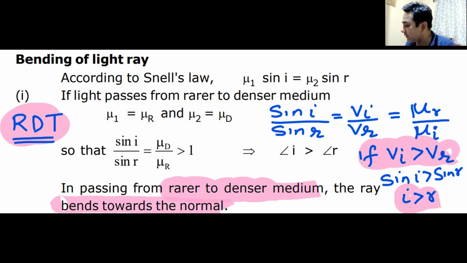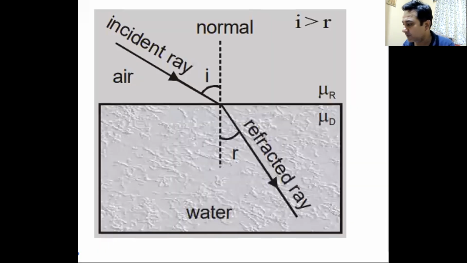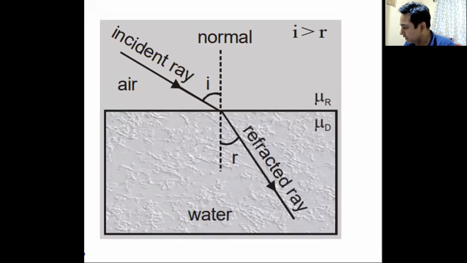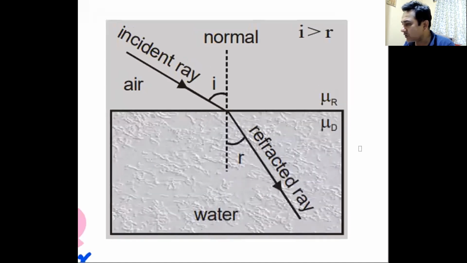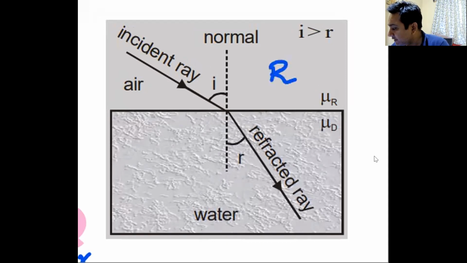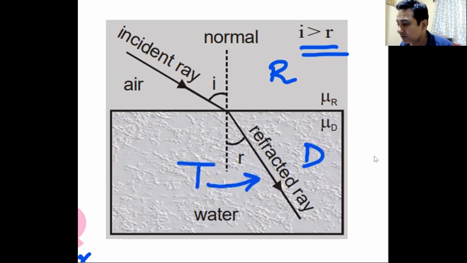And this is the diagram that we are referring to. I will show you the diagram now on your screens. And here it comes on your screen. I think you can see it on your screens. So basically, this is the diagram that we are talking about. Light is going from rarer medium to denser medium. This is the rarer medium, the incident medium. This is the denser medium. And as you can see, sine of i is more than sine of r. That means i is more than r. And the light is bending towards the normal. Therefore, the three letters R,